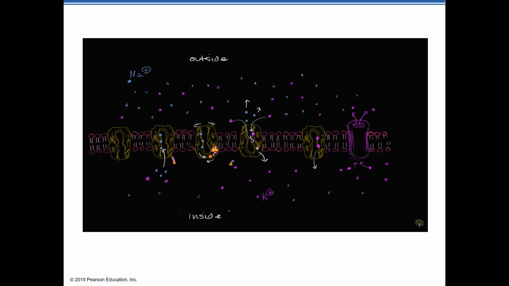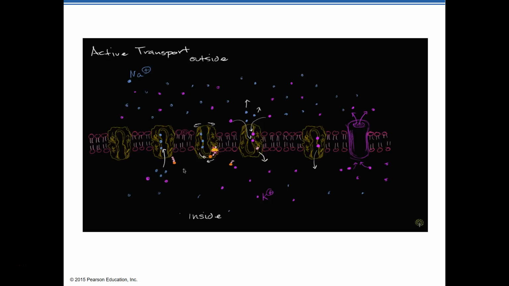Then once that happens, the change in conformation, it's going to get dephosphorylated, and then you're going to go back to your original conformation right over here, where you no longer have an affinity for potassium ions. They're going to be released, and then you're going to be back in the original phase. So this is fascinating. By using ATP, by using energy, this is active transport. It takes energy to do this. Let me write this down. This is active transport that we are talking about right over here.